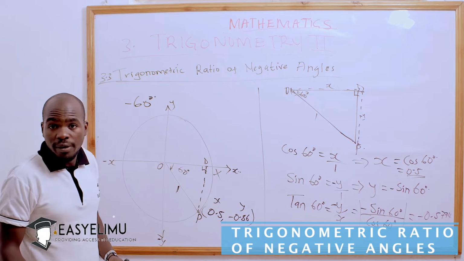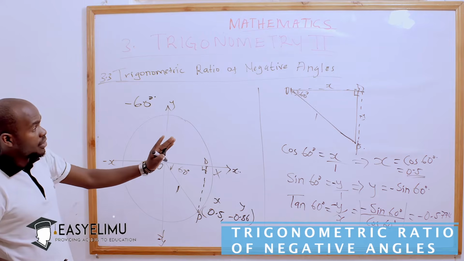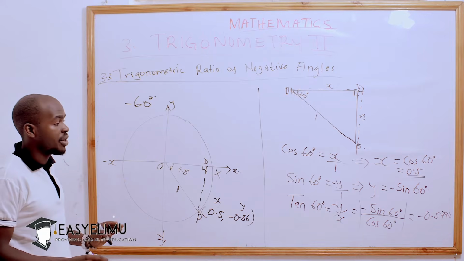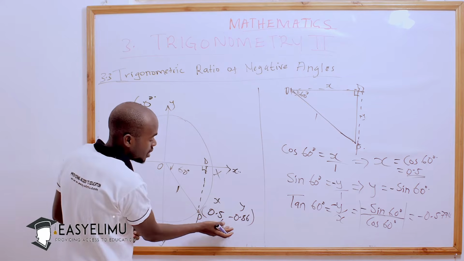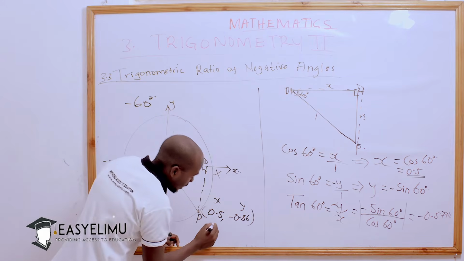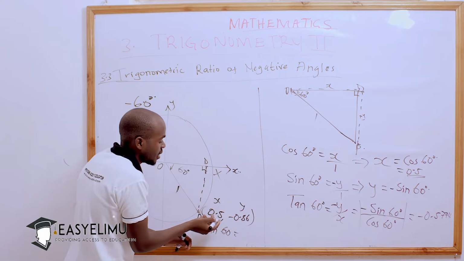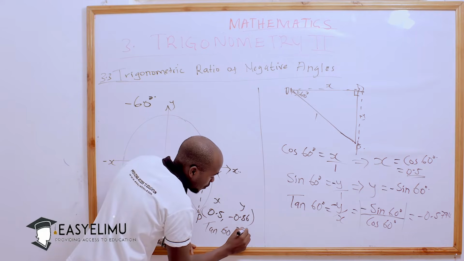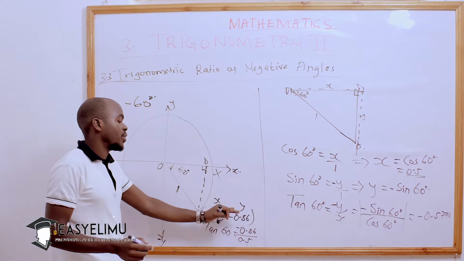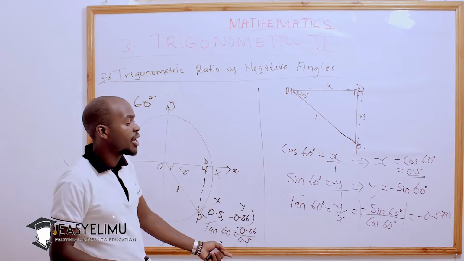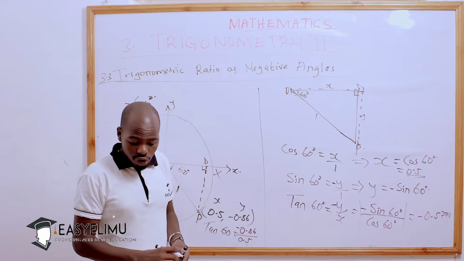If we have that one, we can say that from that triangle we are formed and the coordinates we have been given, they are quite similar. So from this coordinate, the tangent of the angle 60 would be equivalent to negative 0.86 divided by 0.5, because that was y and x, and if you do that, you are still going to get the negative answer we have there. So in general,